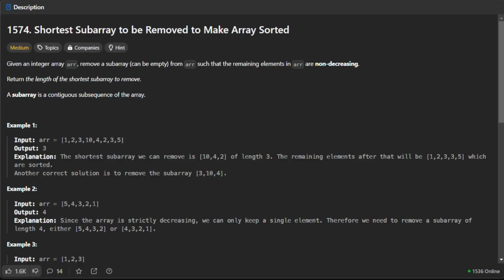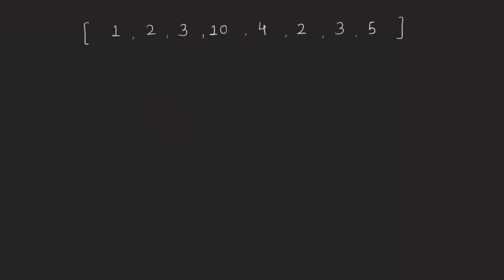In this video, we will discuss the shortest subarray to be removed to make the array sorted. Given an integer array ARR, remove a subarray (which can be empty) from the array such that the remaining elements in the array are non-decreasing. Return the length of the shortest subarray to remove. So what they are saying is that in the input we are given an integer array. We need to remove the smallest subarray from this array such that the remaining array is sorted in non-decreasing or